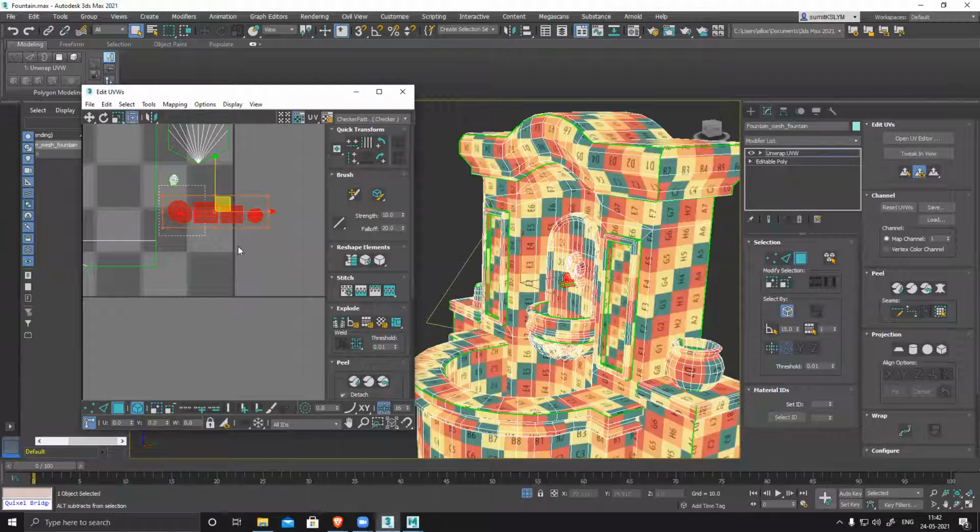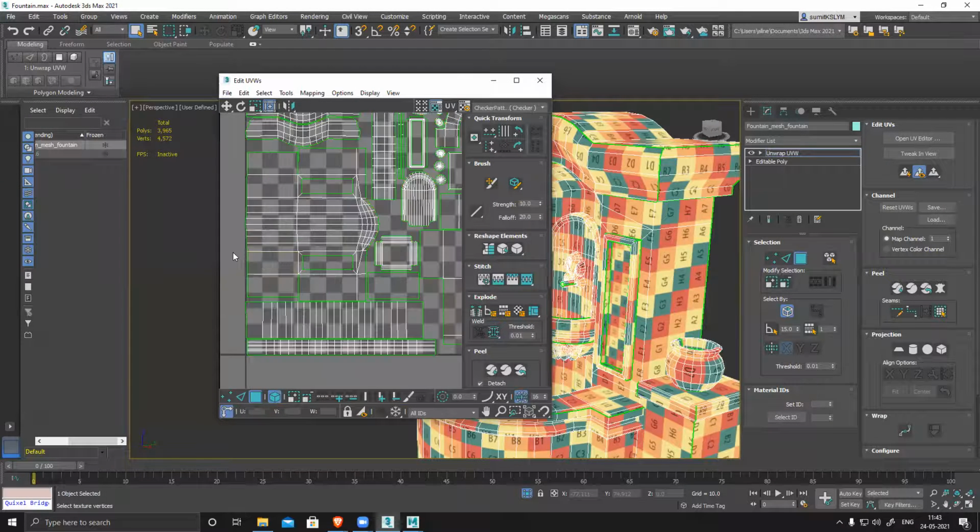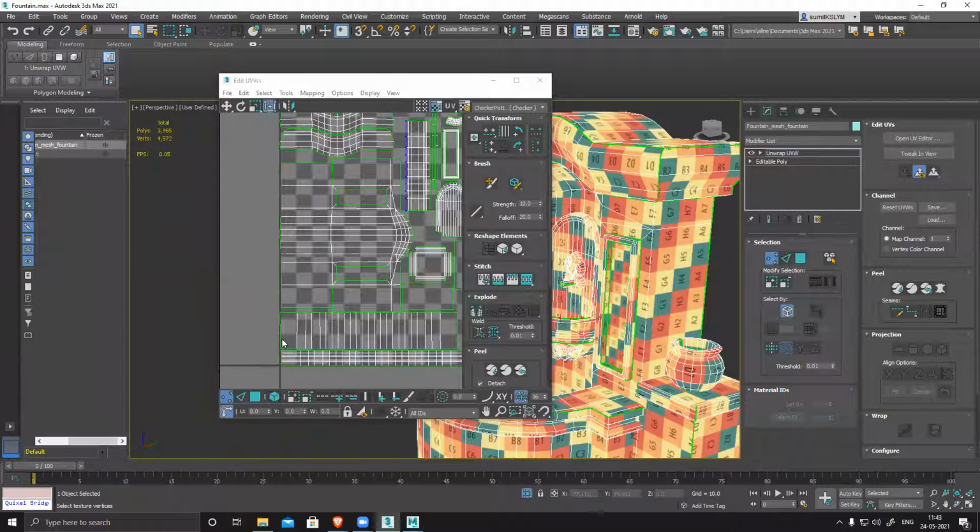Fit everything. And now see, I have placed everything nicely, and my UV is nicely packed. Save my file. File is saved. It's still joining. So you can see my UV is nicely packed, and this base I feel is slightly irregular.